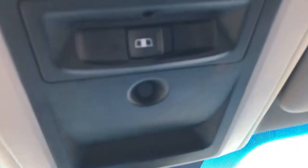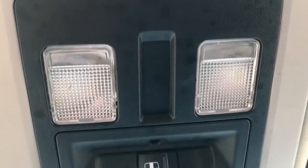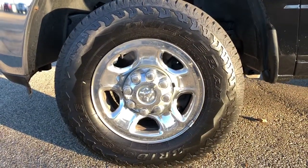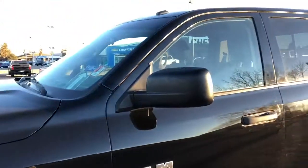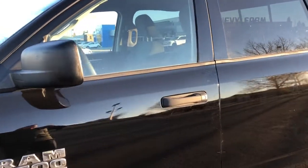Lastly, moving above our rear view mirror, we have our power rear sliding window controls as well as our light controls. Now walking down the side of the vehicle, moving down to our tire, we can see our 17-inch steel rim with our Dodge center cap. Moving up, we have a black paint match side mirror, as well as a black paint match front door handle